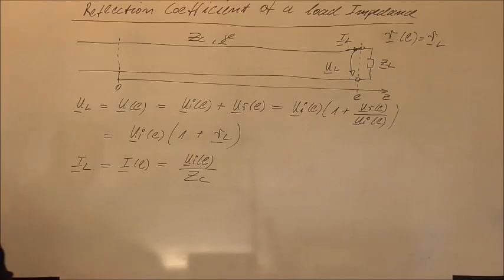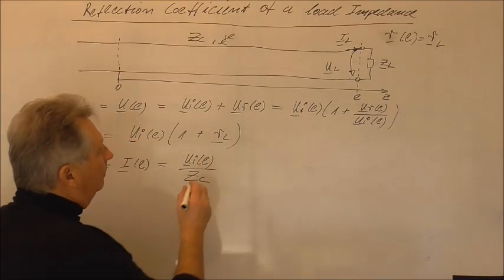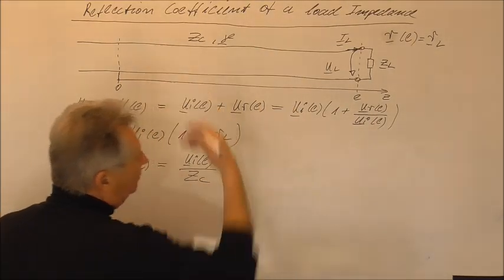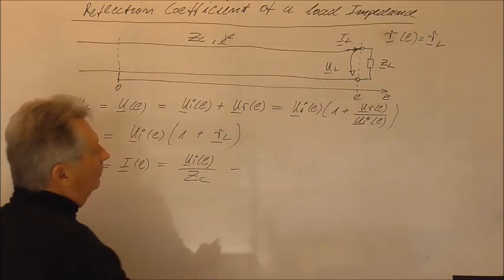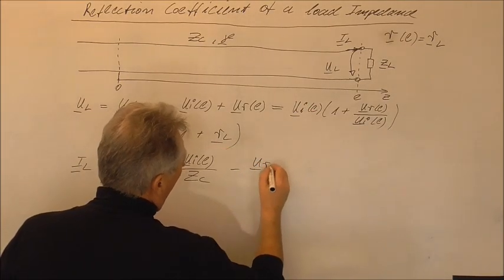This is the current of the forward traveling wave, and we have to subtract here because the current of the reverse traveling wave will flow in the opposite direction. This will be UR of L